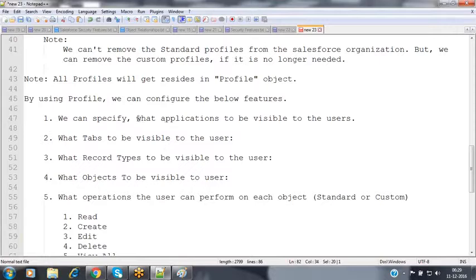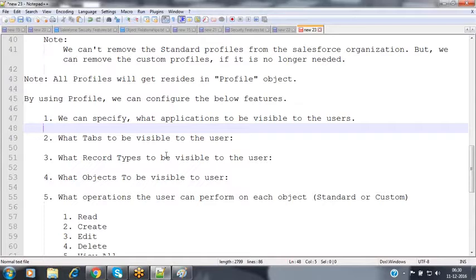The first option is that we can grant access to only some applications for this particular user. So what applications should be accessible by the user here? Now let's see practically how we can cross-check that. By using the profile, we can grant the visibility at the application level, features level, tabs level, record type level, object permissions level, session timeout permissions level, password policies level, Apex classes, Visualforce pages, login hours, and login IP ranges. Everything we can grant visibility on here.